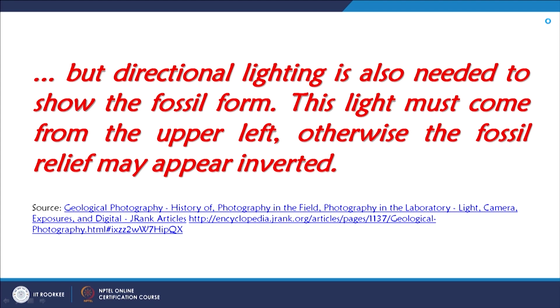Otherwise, the fossil relief may appear inverted, though the exact terminology like false topographic perception phenomena has not been used. So even for paleontologists, the light source while taking a photograph must be kept in the upper left corner, that is, in the northwest direction. If it is kept in the southeast direction, then you would see a completely different form of fossil.